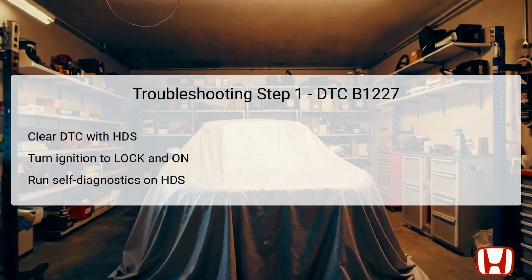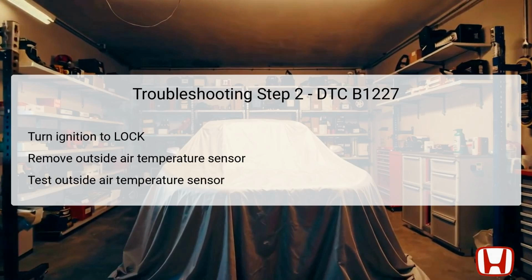Following this, run a self-diagnostic test using the HDS or climate control unit. It is important to check if DTC B1227 or indicator 05 is displayed after this process. If the error code reappears, this suggests a persistent issue that needs further investigation. If it does not, the problem may be intermittent, possibly relating to loose wires or poor connections in the sensor